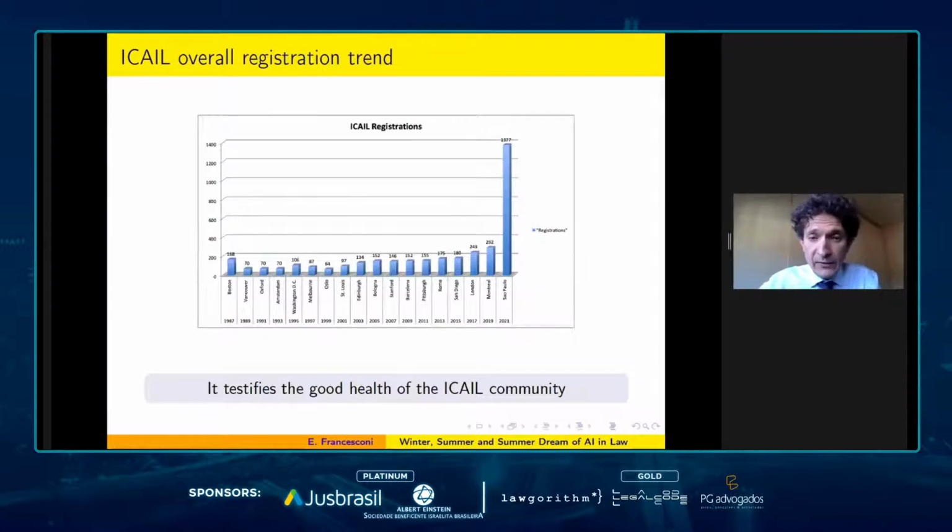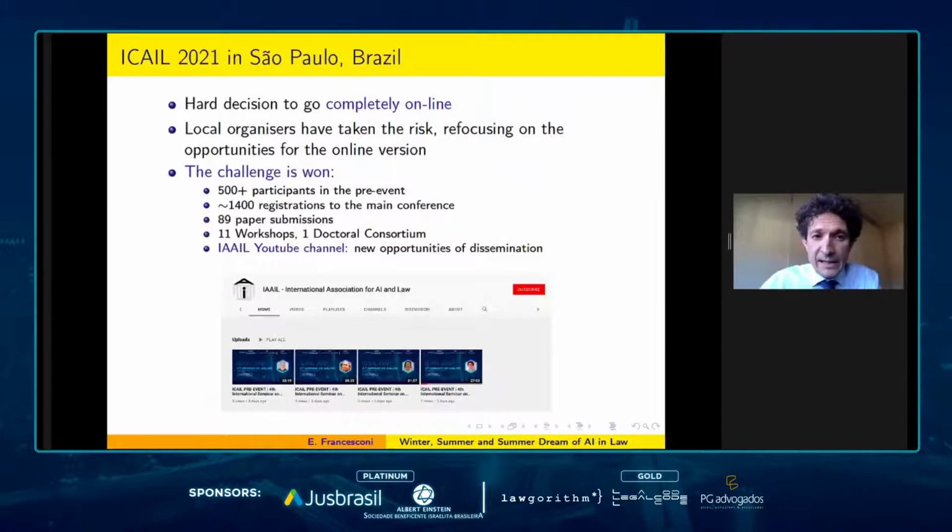This is also testified within the AI and law domain. We can see here the overall registration trend, which this year reached a relevant number, which testifies the good health of the ICAIL community. And in fact, ICAIL 2021 in Sao Paulo